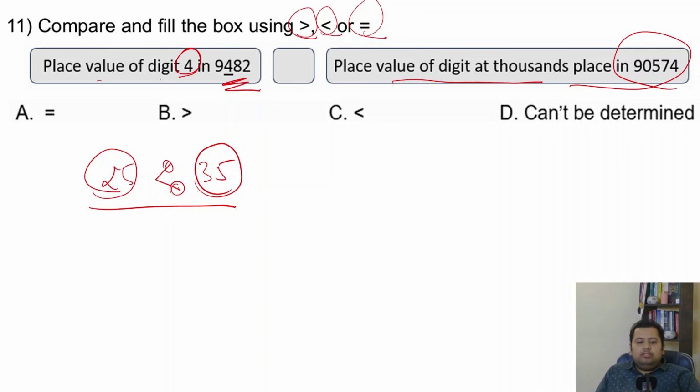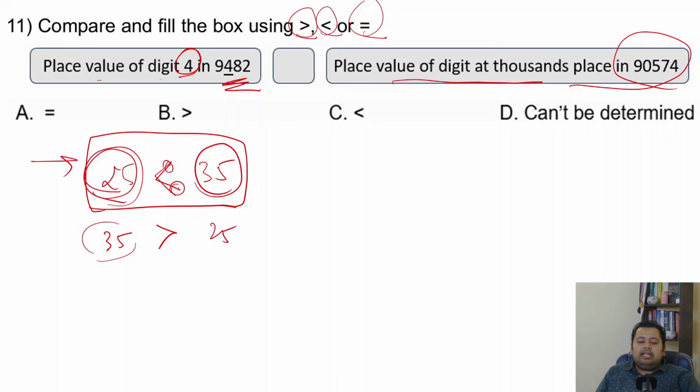And when you read it, you always read it from the left hand side. So what would you say? You will say 25 is less than 35, right? Let's say it was the other way around, where it is 35 and 25. Now, obviously 35 is bigger, so two sides would face towards 35. And now again, read from the left hand side. It is 35 is greater than 25, right?